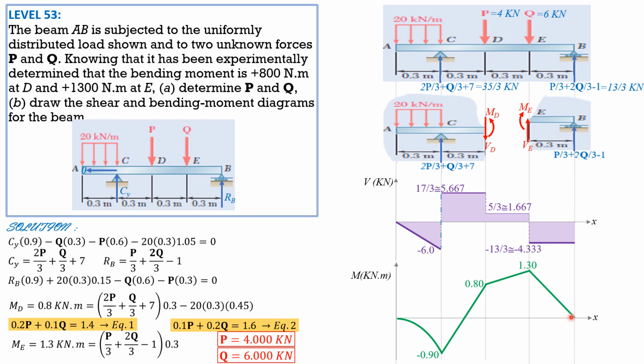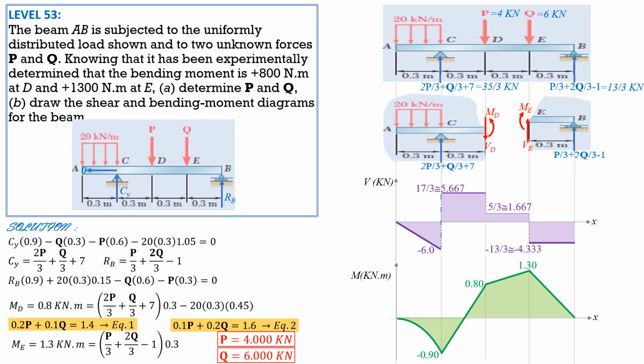So sloping towards 0 here, straight line. So that's the moment diagram, and it checks with the given moments at D 0.8 and at E 1.3. So that's it